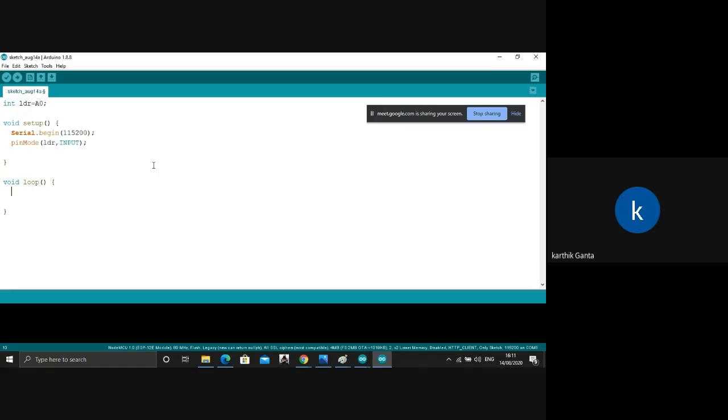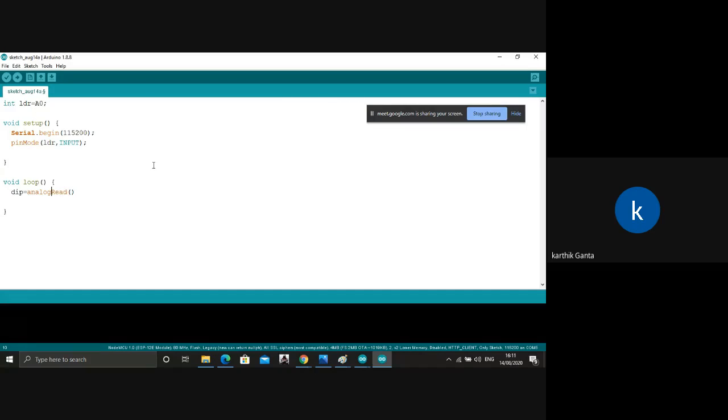Now we'll read the value. Let's store it in a variable. I'll call it f equals analogRead. LDR is an analog sensor, so when you take analog values you write analog.